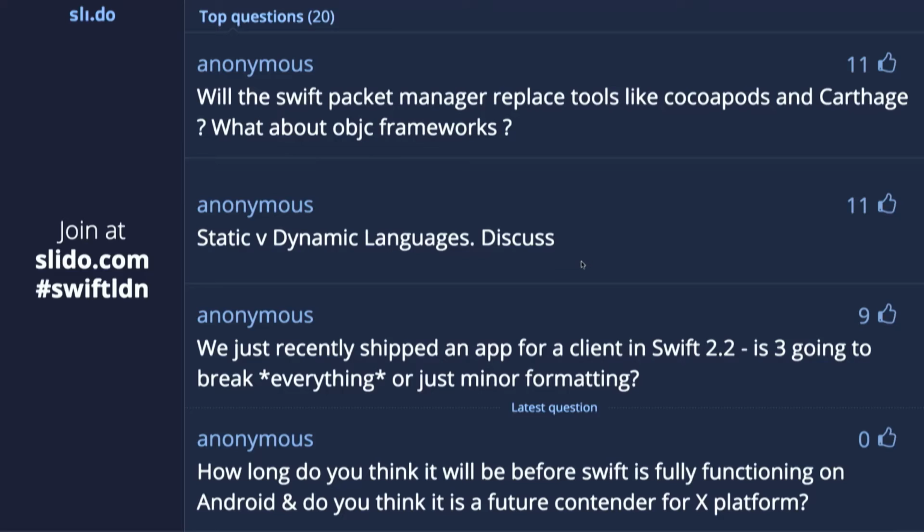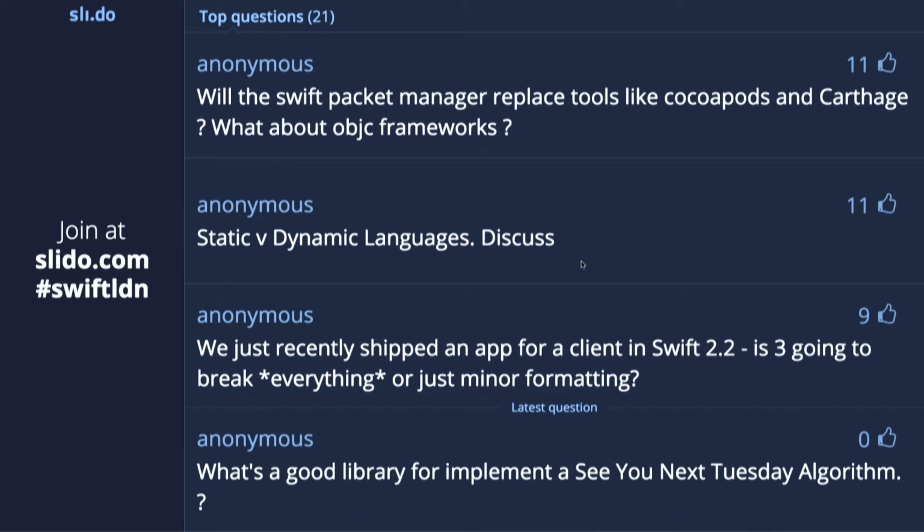Next question. Will the Swift Package Manager replace tools like CocoaPods and Carthage? I think it was really interesting that Apple decided they wanted to have a Swift Package Manager, because there is obviously an existing ecosystem out there around CocoaPods and Carthage. Have you got anything to add on that, Chris? So Swift Package Manager is never going to be able to replace those because it doesn't support Objective-C. So there's absolutely going to be a place for both.